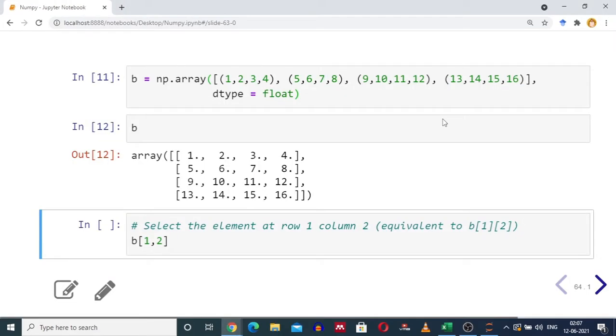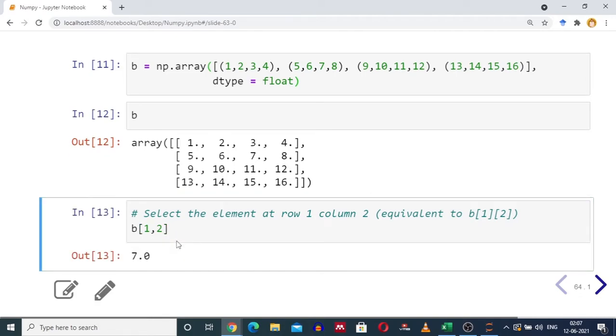Now moving back to the question, we have to find the element at row 1 and column 2. This can be done by writing the numpy array name and, in square brackets, the row number and the column number. We want B[1,2], that is, in square brackets 1 comma 2, where 1 represents the row number and 2 represents the column number.